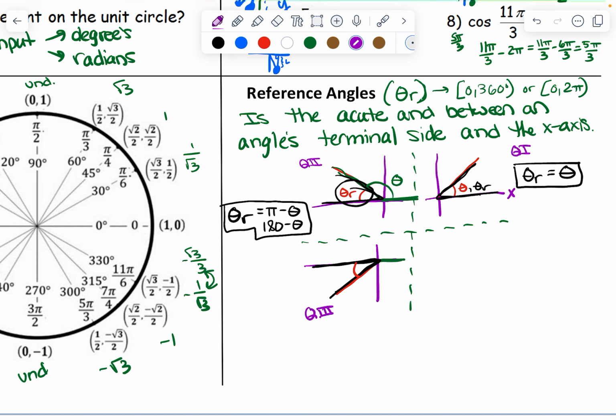And then I'll also label that this is pi because we're using it in our formula to find the reference angle. Now for this one up here, the angle we'll call theta is this, but our reference angle will be here. It's inside of here. So to find our reference angle,